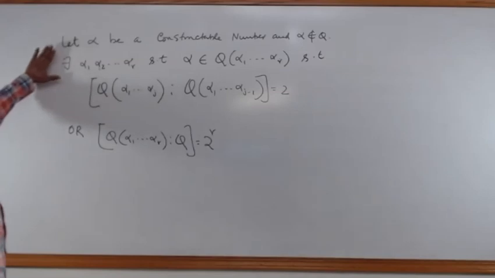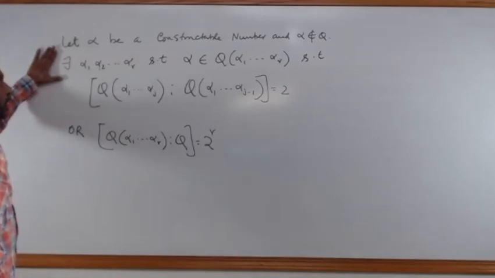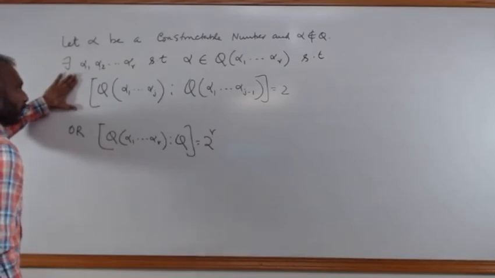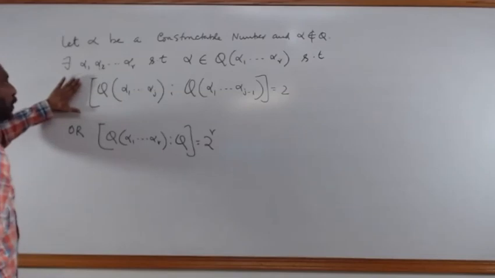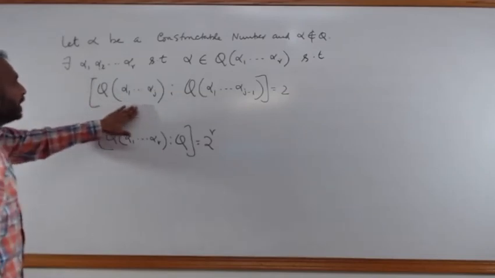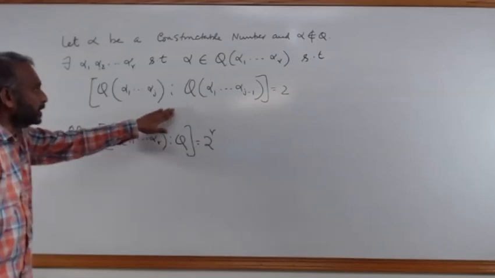This is what we will be talking about. We are building a sequence of extensions of Q with a property that the degree of adjacent extensions is